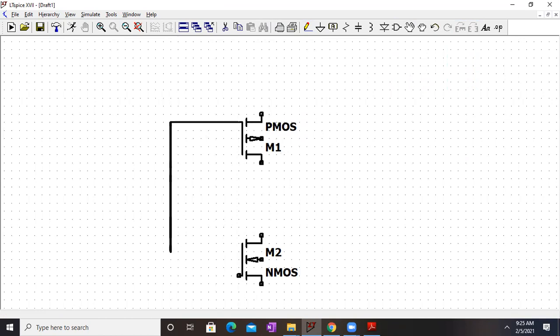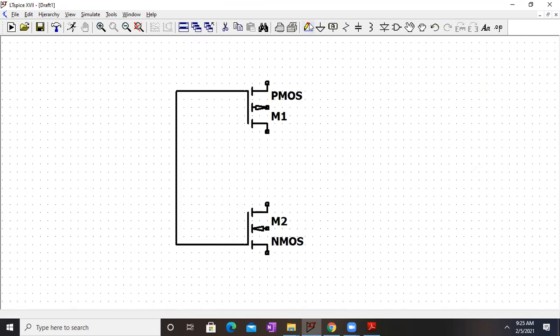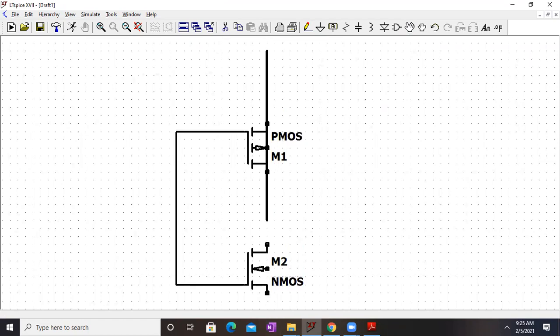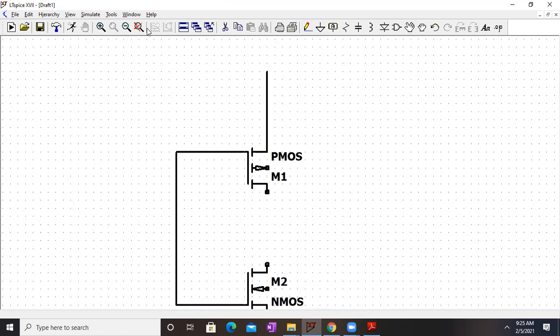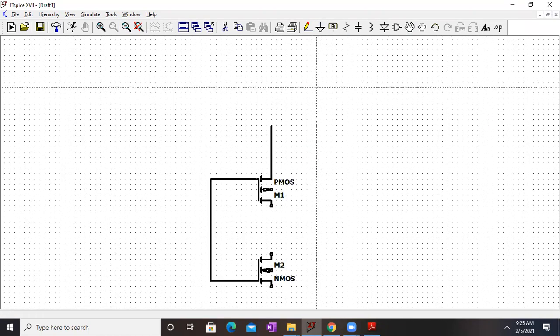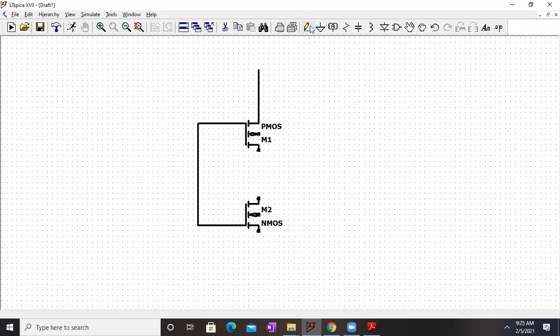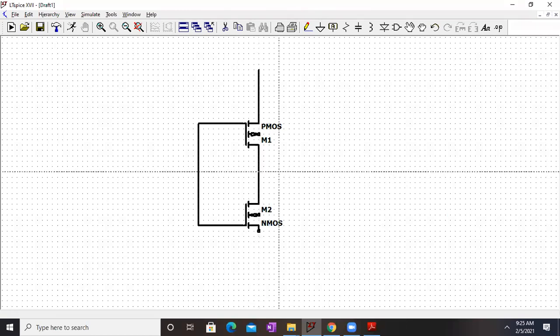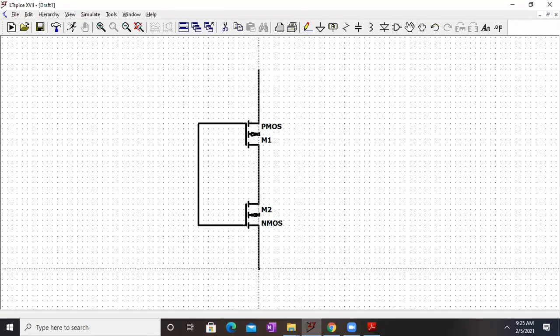Okay. So now I will connect the inputs, I mean the gate terminals together. And then we can also connect the, okay, here I will have to connect the input, and then I can, just a minute. I'll connect both the drain terminals together. So these are both the drain terminals, and I'll also connect the ground. So here it is. And the ground goes over here.